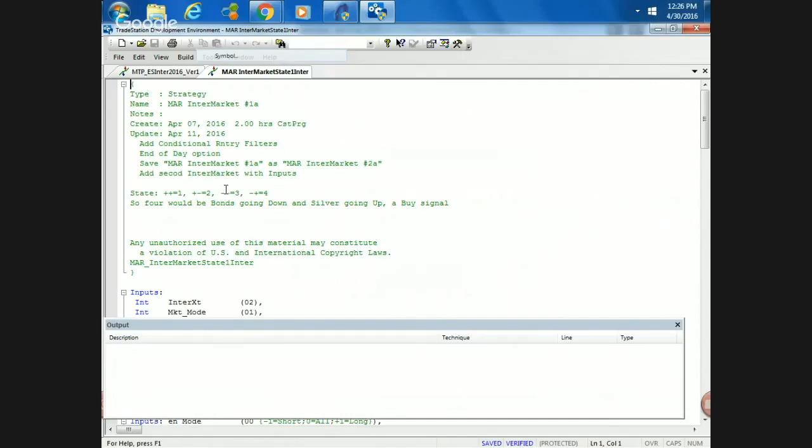Gotcha. So because that's on the entry, what happened is bonds then turned positive after they were both negative. And that's the actual state you want to be in. Because remember that